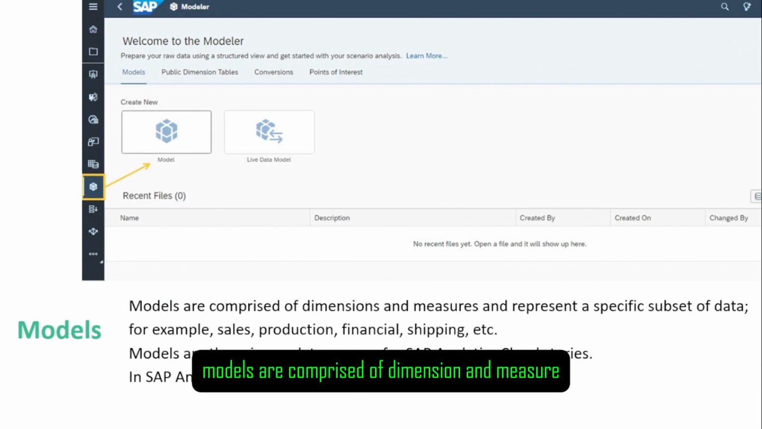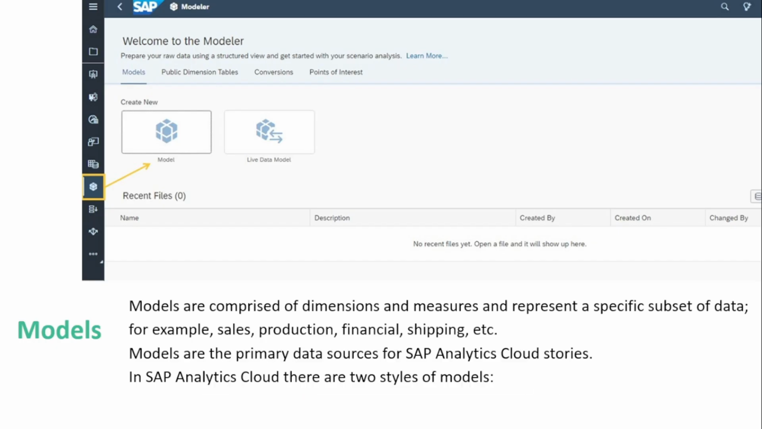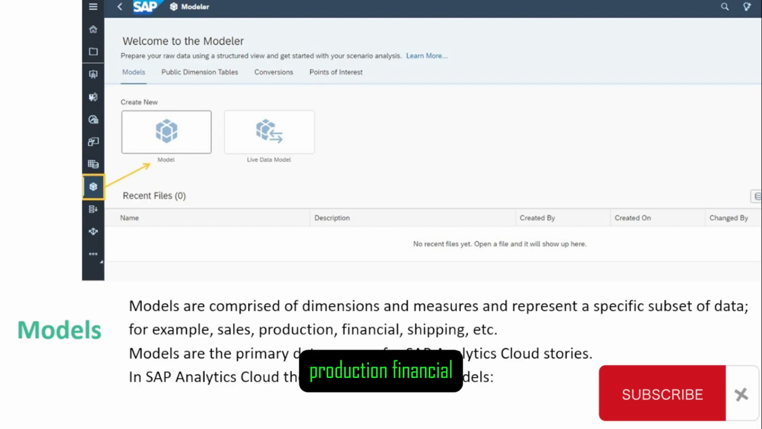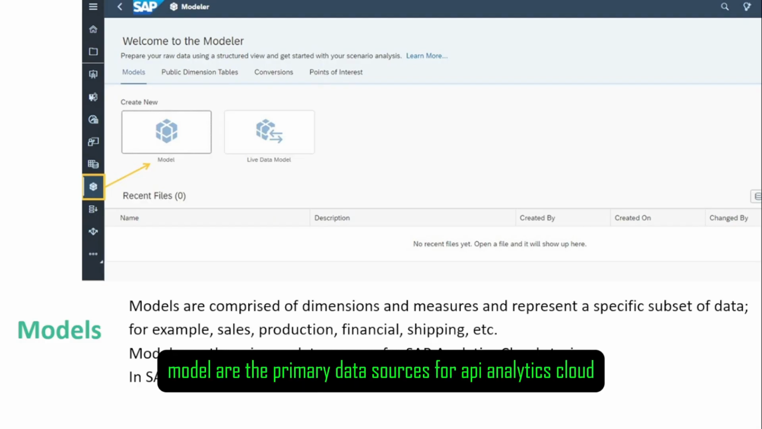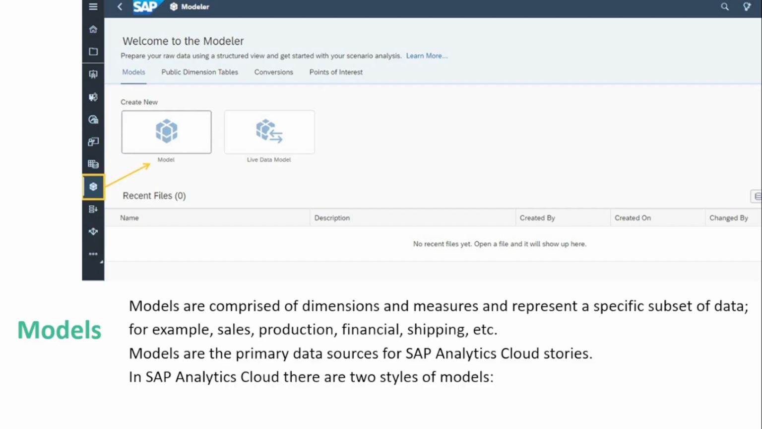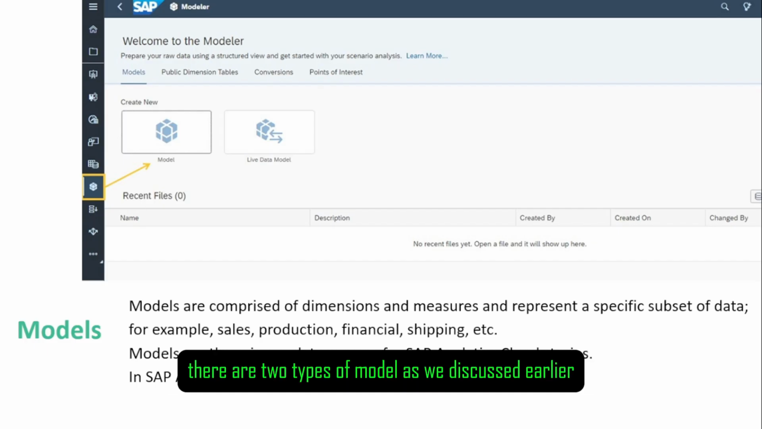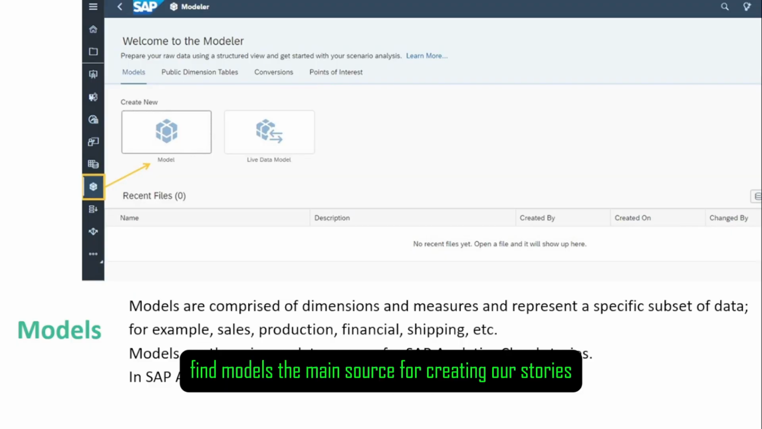Models are comprised of dimensions and measures and represent a specific subset of data, for example sales, production, financial, shipping, etc. Models are the primary data source for SAP Analytics Cloud stories. In SAP Analytics Cloud, there are two styles of model, as we discussed earlier. So, we can also find models as the main source for creating our stories,